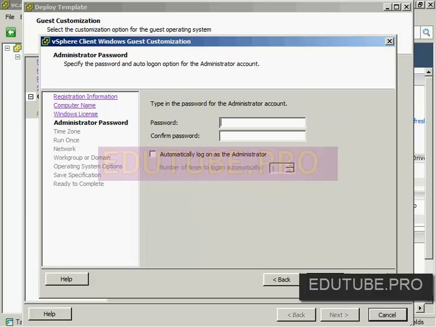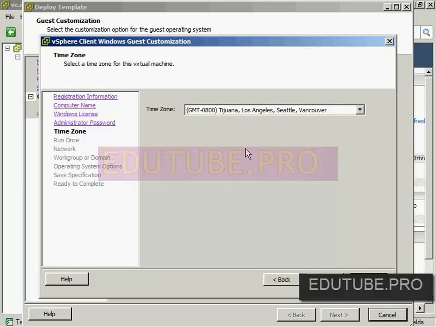If I start just popping in some bogus data in here to show you what these look like, you'll see, well, wait a minute, I can actually deploy, I don't know, I'll call this VM6-1, or I can give it a unique value, or enter a name in the deployment wizard. I can give it the license information if I want, or plug in the administrator password, even have it log on as administrator the first time to make the whole deployment process that much easier. I can set my time zone to